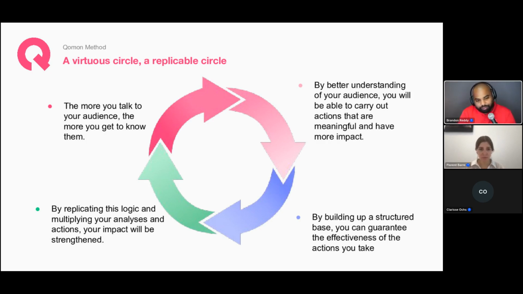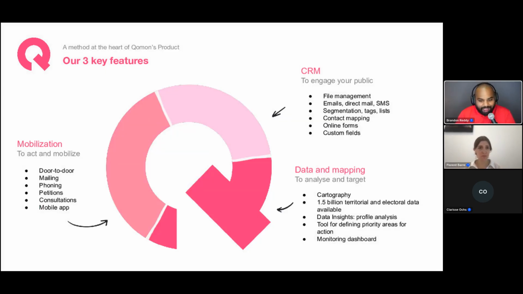So if you go through the Qomon platform, that is exactly what you'll get. Our platform is made up of three essential families of features. At the heart of it is our CRM, where everything is stored. That is where you find out where all your voters are. You track all that information, all your online forms, everything. So that's one of the places you could do your analysis. That's where you do your